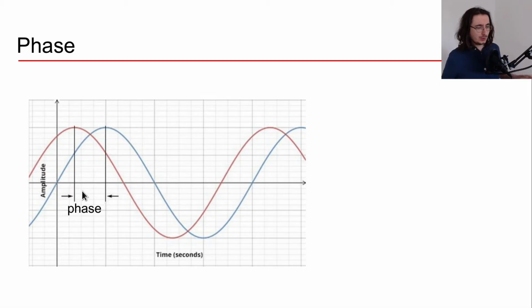Okay, so with amplitude, with frequency, and with phase, we are able to determine all the parameters and have a complete understanding of a sine wave. And as we'll see in future videos, this is extremely important because complex sounds can just be thought of as a combination or superimposition of many sine waves together.